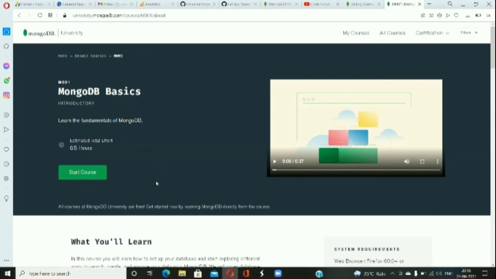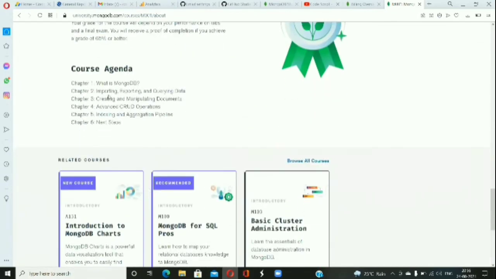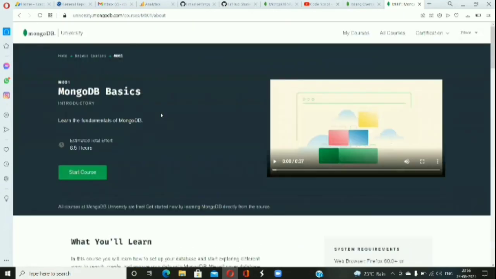You will get access to a platform where you can perform practical queries, like how you can insert data in the database, how you can create the database, how to import the data, how to run queries on data, and how to manipulate the documents and all the operations. So these are the benefits of the MongoDB University certification. That was everything I wanted to describe about how you can get the benefit.